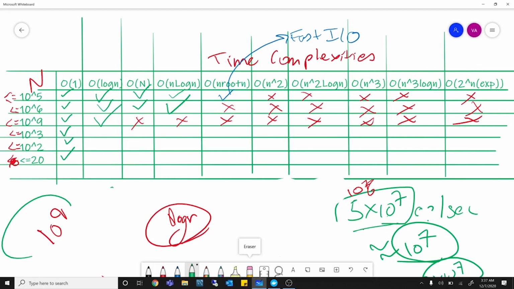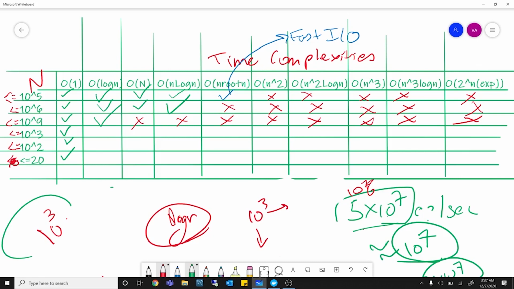Now this is a complexity that you will find in matrices commonly. In questions that concern matrices, this is a complexity that is quite common, that there are 10 to the power 3 rows and 10 to the power 3 columns. When you have to iterate the entire matrix, this will be the constraint you will be given. All right. So this is quite a hint in matrix questions, that when we have to iterate over the entire matrix and when we do not have to iterate over the entire matrix.